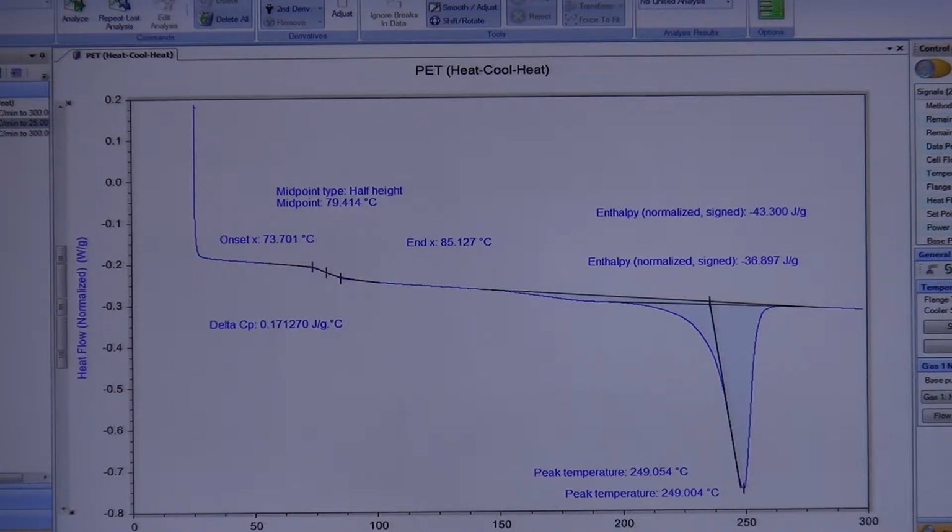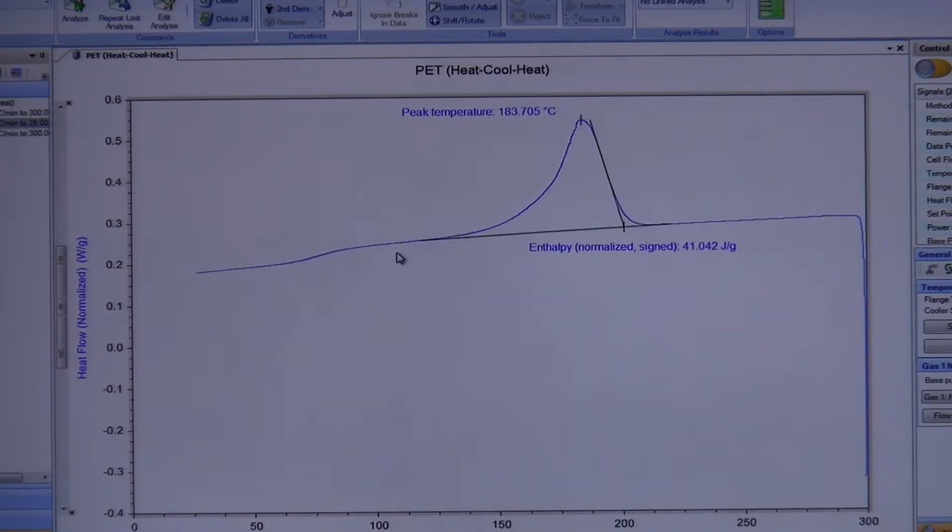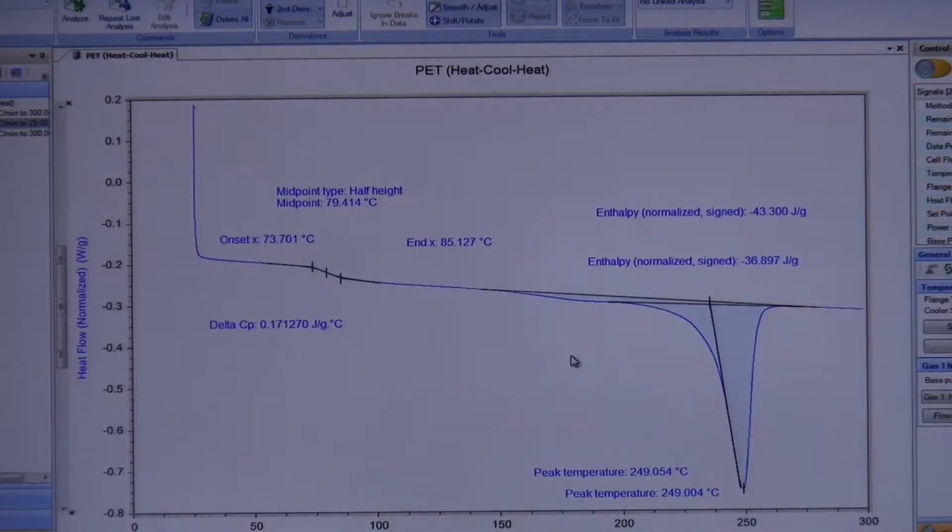Okay? So you can see that the cooling scan imparted its own history to the material that you can then read back in the subsequent heating. Right? So that's why it looks different, and that's why the numbers are different. Right? Because you're imparting something completely different than the original material came in. So that means the first heating cycle is not